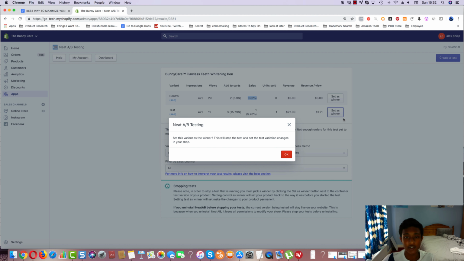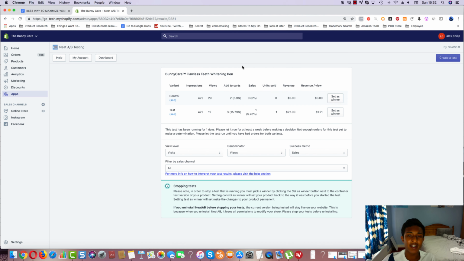Because you know that this product page is making you way more money, you can set this product page as your winner, and you keep on using this new version of your product page as default. So this is why this app is super useful, because previously you might have only been making 10 add to carts with 29 views, but now you're making 20 add to carts with 29 views, which is a significant increase. You wouldn't really know that unless you actually tried split testing different product pages, different images and stuff like that,